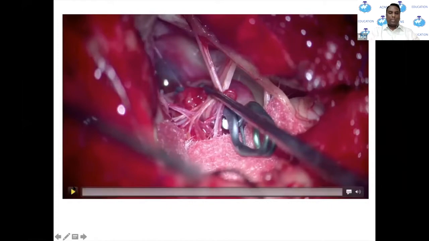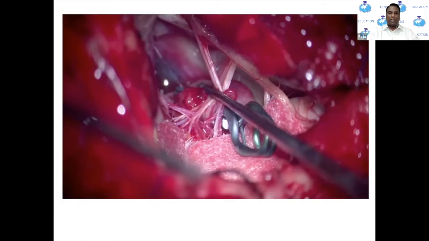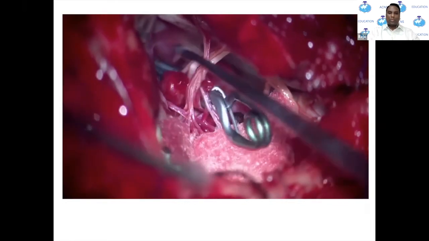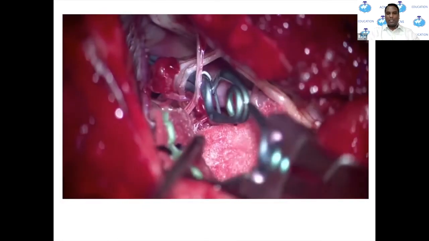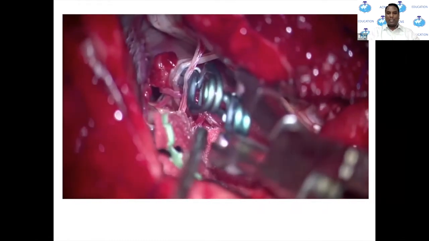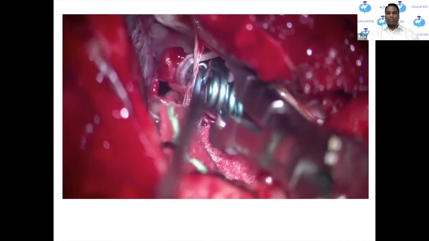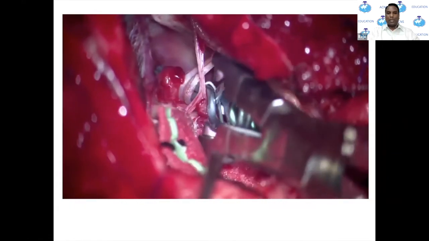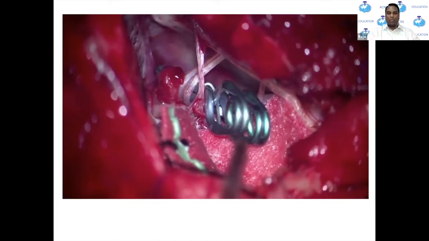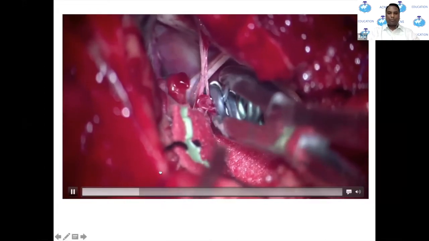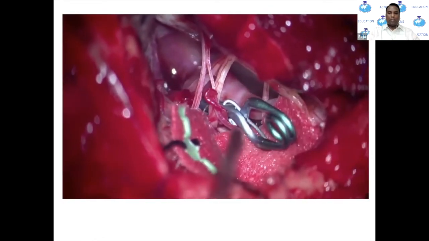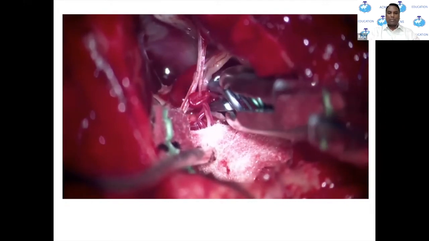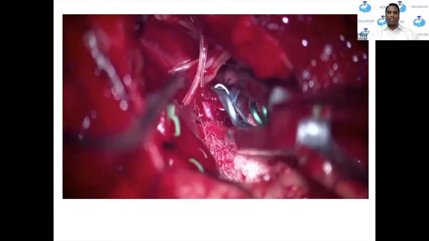Now this is one very interesting case. The case is a vertebral artery aneurysm rupture, VA. You can see all the cranial nerves which are draped over the aneurysm. We have clipped one portion of the aneurysm, but you can see there is a lot left behind. Now we again try to insert a second clip behind that, and we then remove the first clip, and then we again try to reposition the clip, and that gives away the aneurysm, and there is torrential bleeding